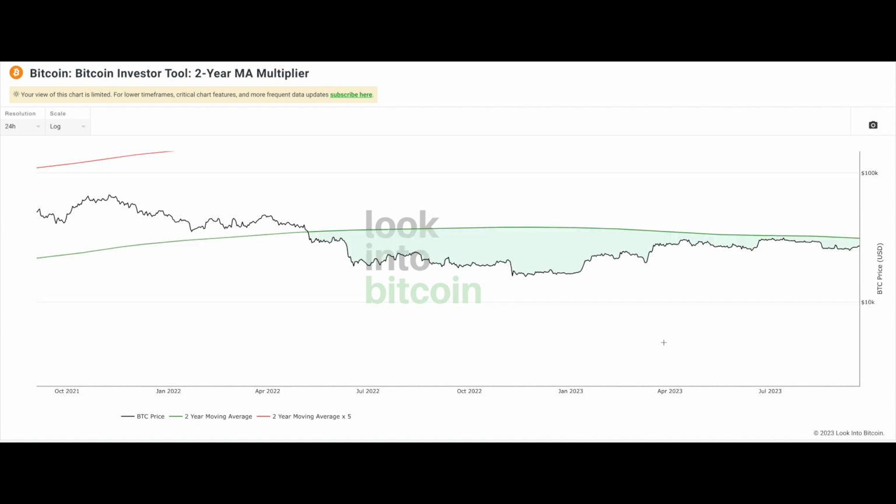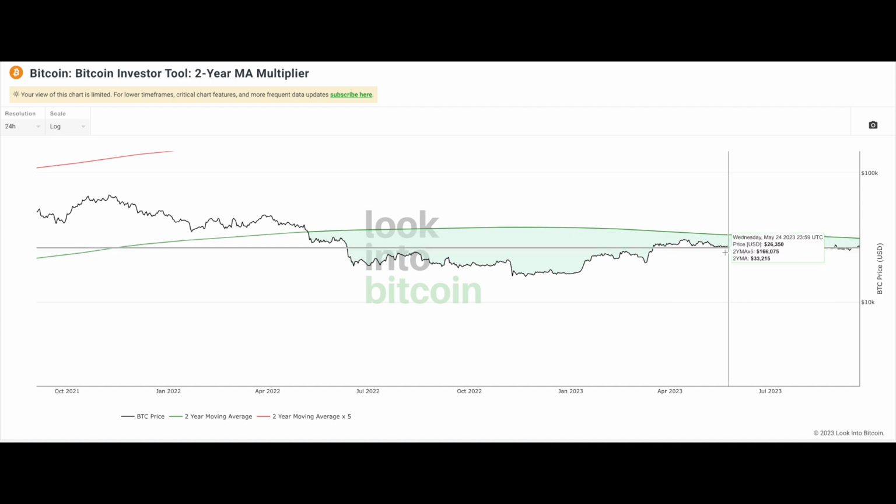Take a look at our current cycle. We ended up reaching our 2-year simple moving average around May of 2022, which was during the Terra Luna collapse, where our moving average was sitting around $35,000. And again, just like previous cycles, we ended up creating a low about 50% lower, around $15,916. What's crazy about this period in Bitcoin is this has been the longest we have ever been in oversold